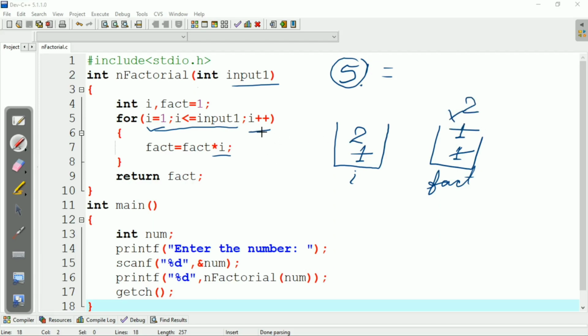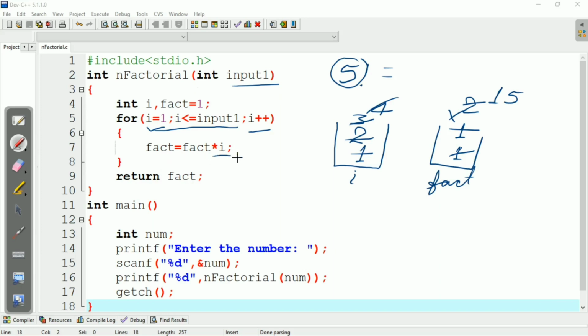Now i plus plus, now 2 becomes 3. Here 3 is less than or equal to 5, condition is true. So that fact equal to fact into i. Here 2 into 3 equal to 6. Now i plus plus, i becomes 4. Now 4 is less than or equal to 5, condition is true.